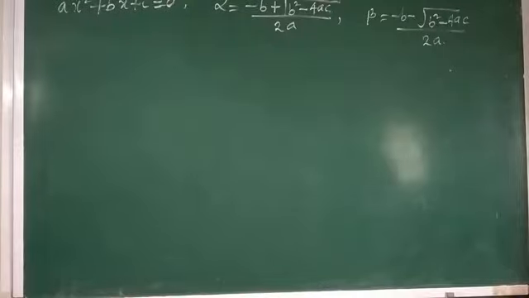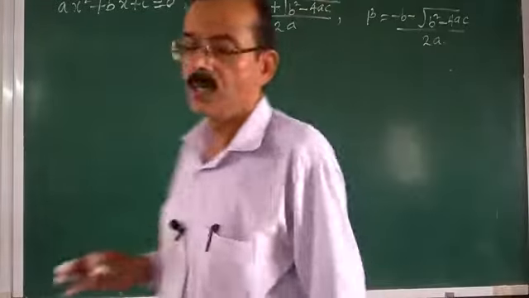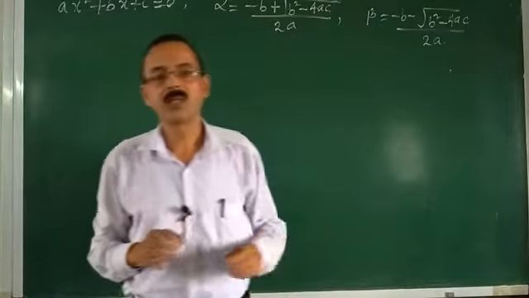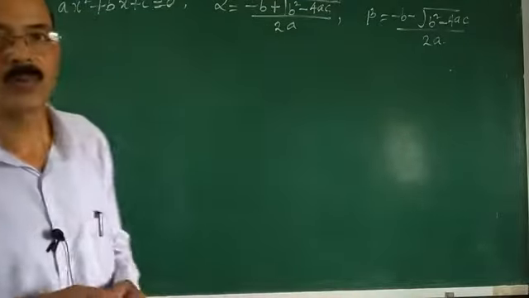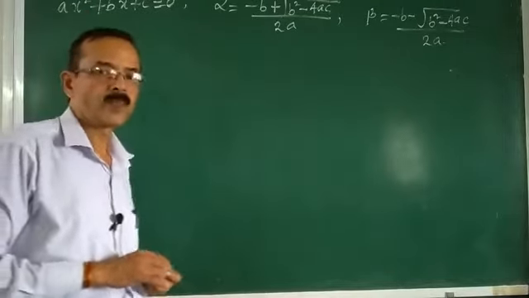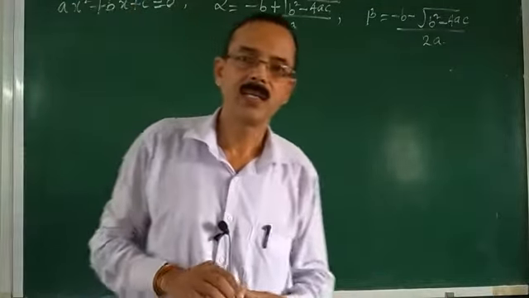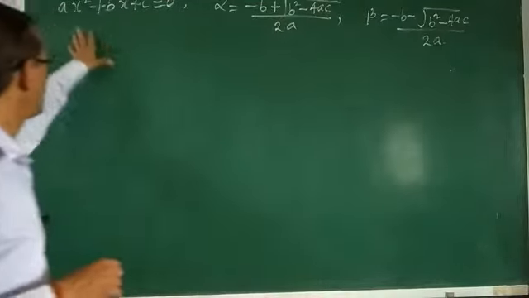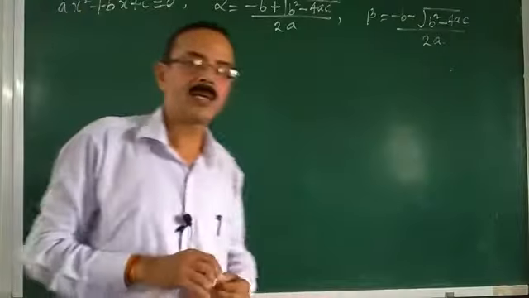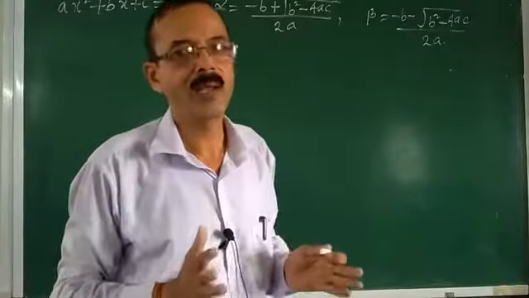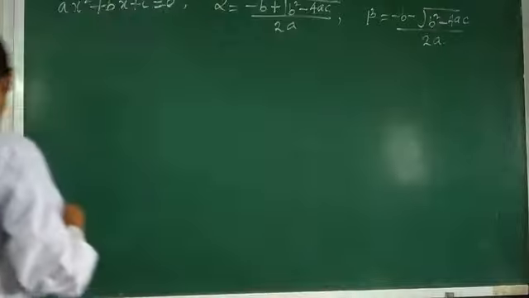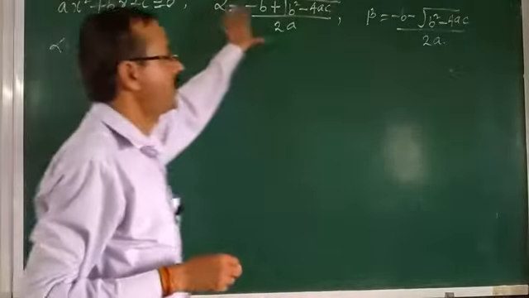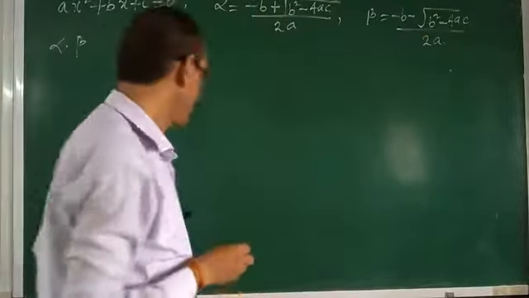So student, for this quadratic equation there were two roots, alpha and beta. By using these two roots we found that the sum of two roots is equal to minus coefficient of x upon coefficient of x square. Now we are going to discuss the multiplication of two roots. If two roots are multiplied, then what will that be? Let's check it. Alpha into beta, we are going to multiply both roots.